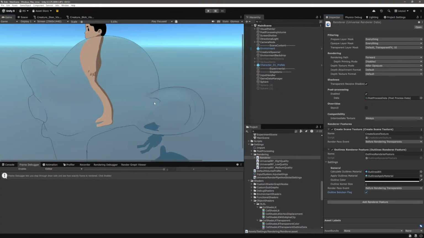Could we achieve this result without the new experimental data pipeline? Like, what we're doing here is we're writing depth to our own texture, and we do it because